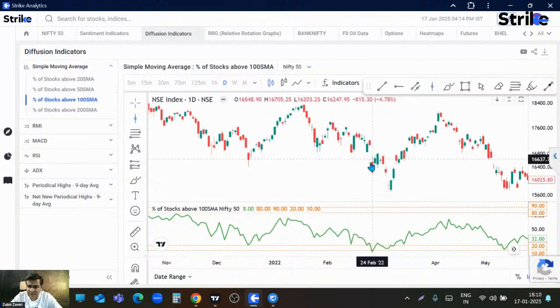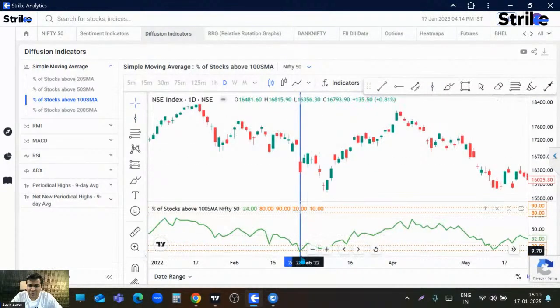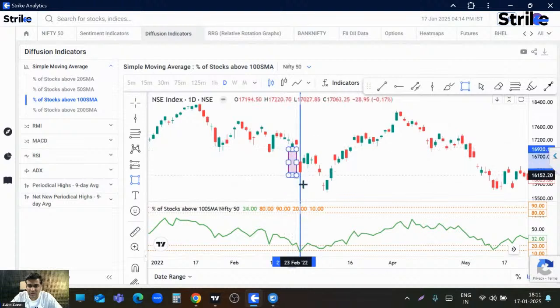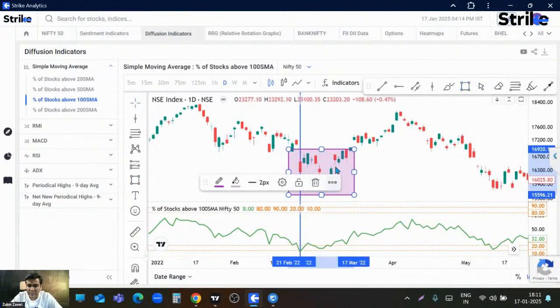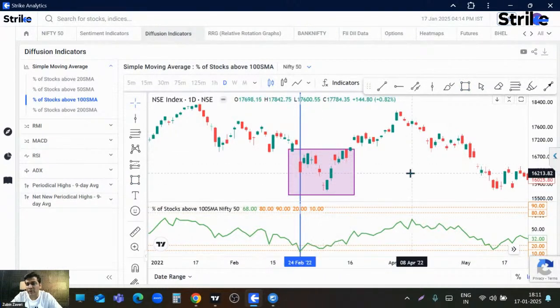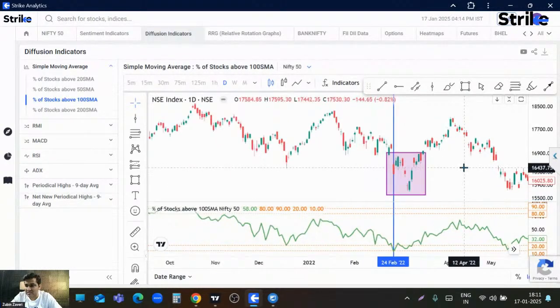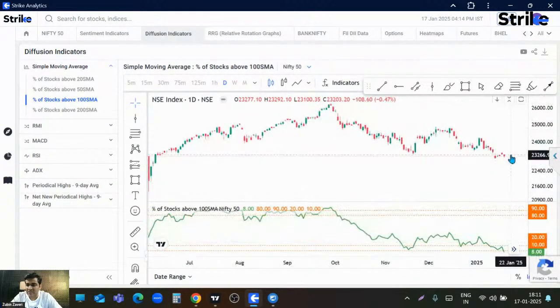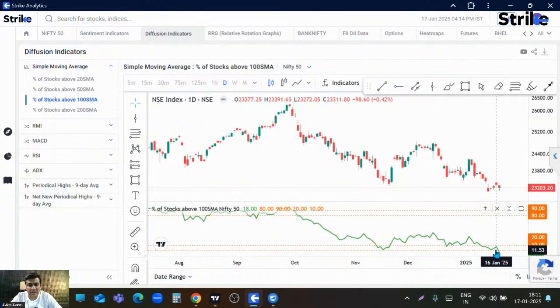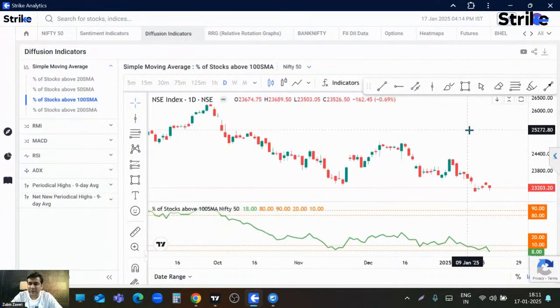Here you can see, it went completely low, and then after that it bounced back. After the bounce back, it made a lower low, but creating a bullish divergence. So something like this Nifty movement that had happened, we can expect such movements now in the coming week, something like this. All right, something over here, something like this we can expect. But this indicator is at its extreme, so expecting a bounce back.